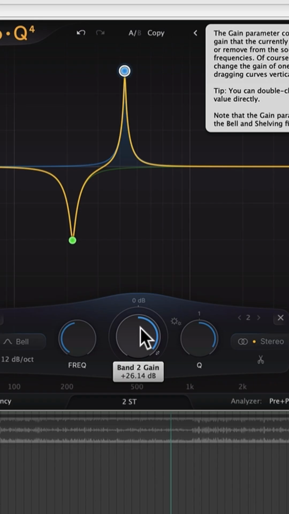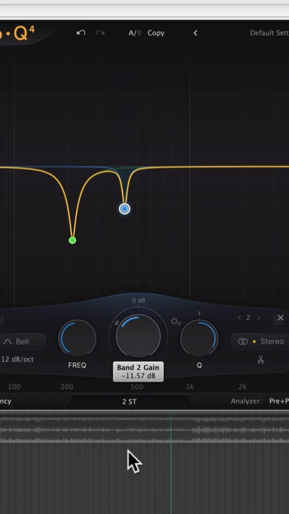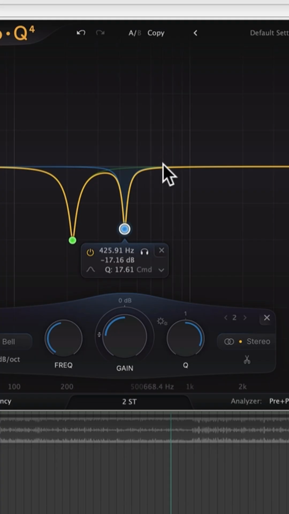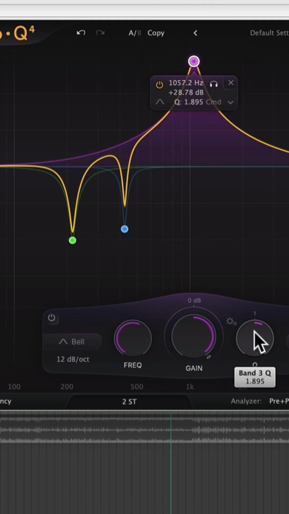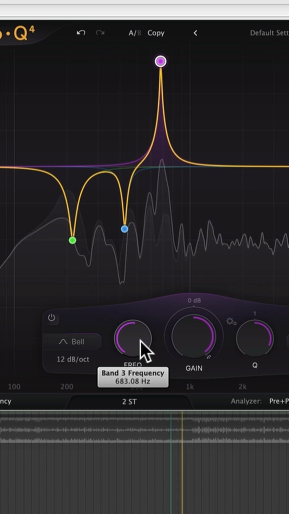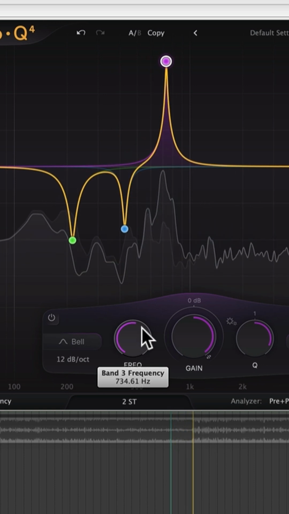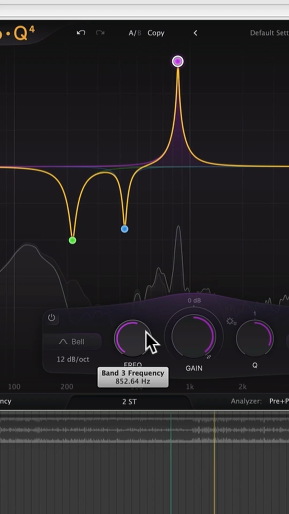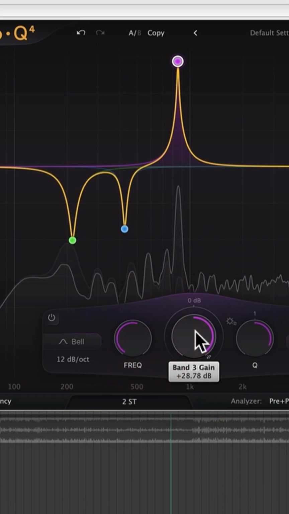Now, one thing you may have noticed, when you turn any frequency up really loud like this, it can make every frequency sound bad. However, some frequencies are definitely worse than others. So going through and turning them up, you focus on which frequencies have the biggest problems. And I'm going to focus on trying to find one more. So around about 425, 430 Hertz, I should expect to find another one around about 850 or 860 Hertz as also being an issue. I can hear that frequency coming through quite strongly there. So if I bring that back,